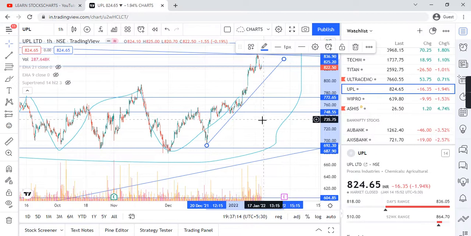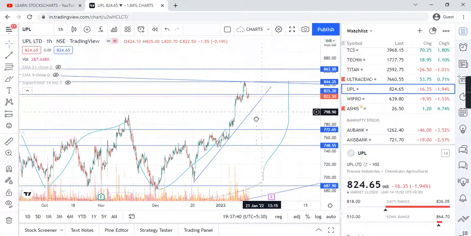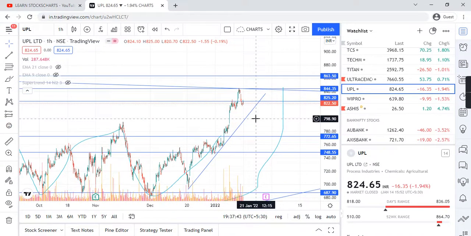So guys, you see, I have drawn more resistance, more trend lines, but because we are analyzing the chart for the first time, I'm just mentioning what I am able to see on the chart. How it will perform later on, time will tell. We will change the trend lines, we will remove some patterns, some new patterns will come into picture. But in layman's terms, I can only say the chart right now is having a push for an upside, but the resistance will come into its path. So keep an eye on it. And this is all about the analysis for UPL.